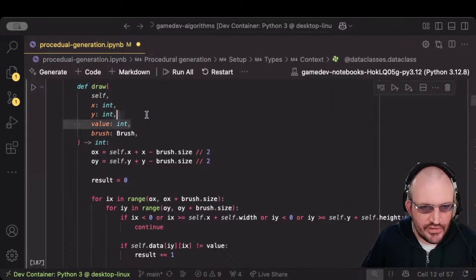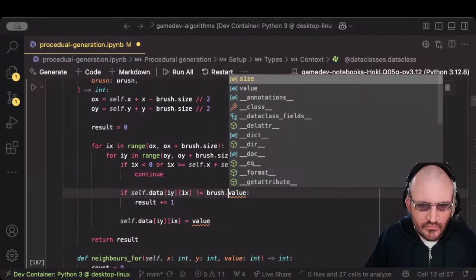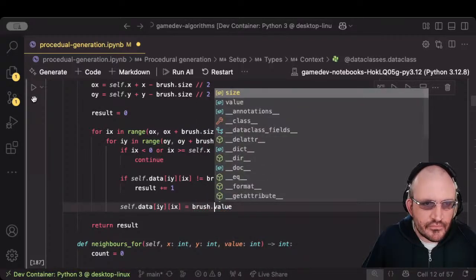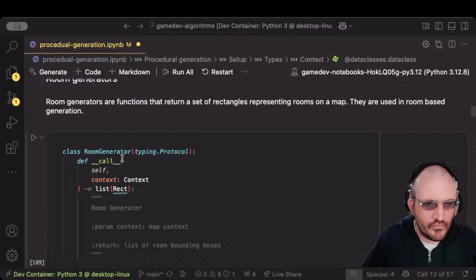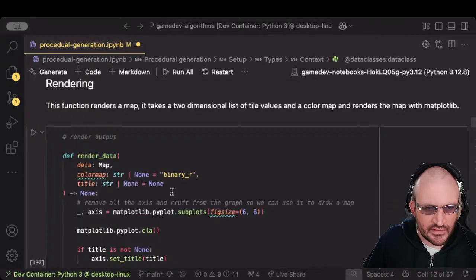We're going to update our draw here, take the value out, and this becomes brush.value again. And then when we're defining things,